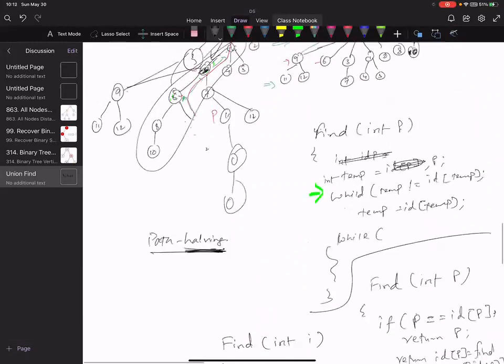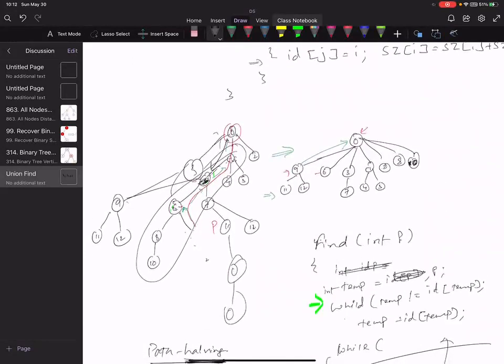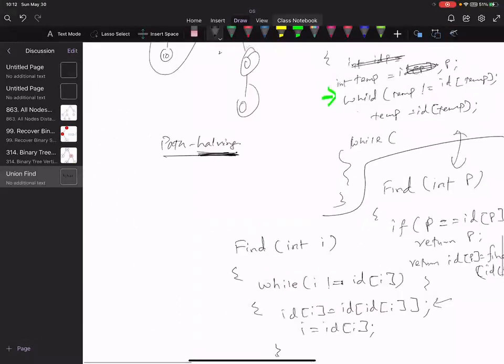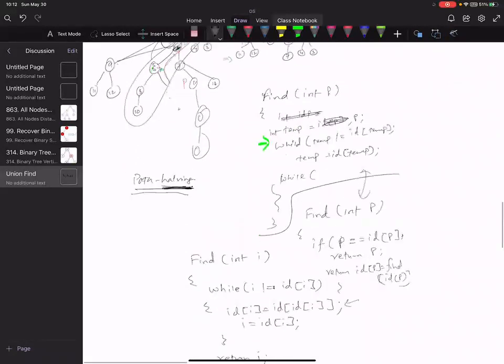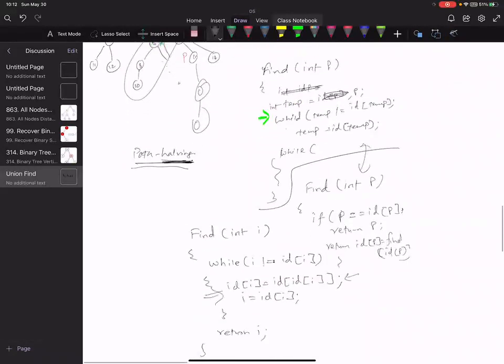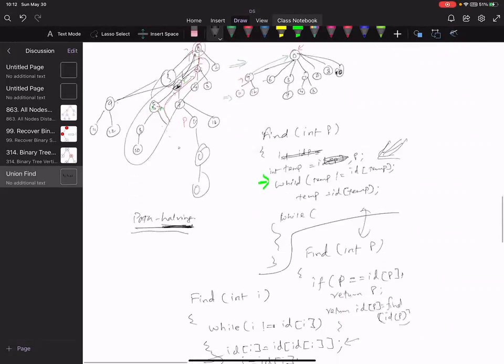Yes. So basically, this implementation with the recursive call will be much simpler, where we want to make everything a child of the parent, right? Yes. I completely agree. So there are 2 implementations. One is path halving, where we update every other parent by this line, or we make it a recursive implementation. I think it will be difficult if you don't make it recursive.